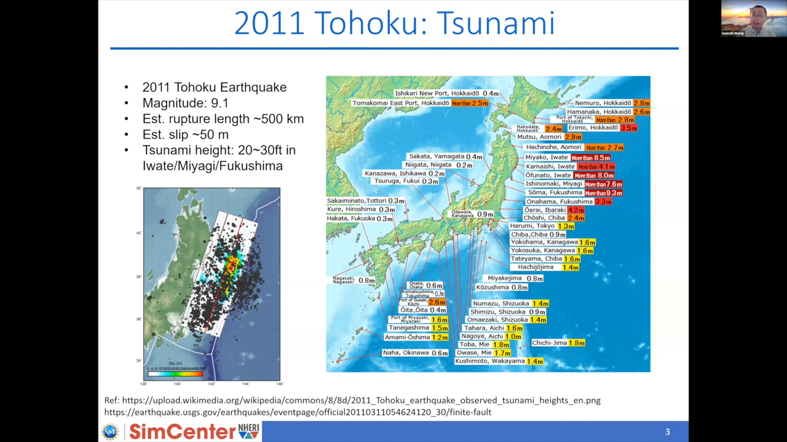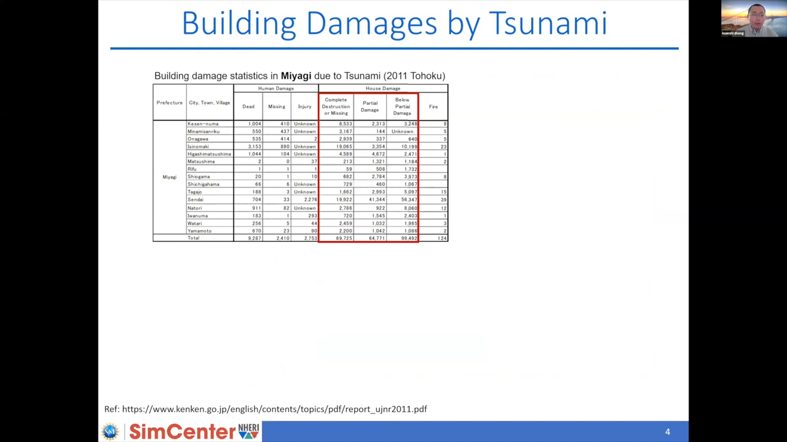Although the rupture occurred far away from the mainland of Japan, the tsunami height arriving at the east coast was already up to 20 to 30 feet, especially in Iwate, Miyagi, and Fukushima, these three prefectures. And given this large amount of